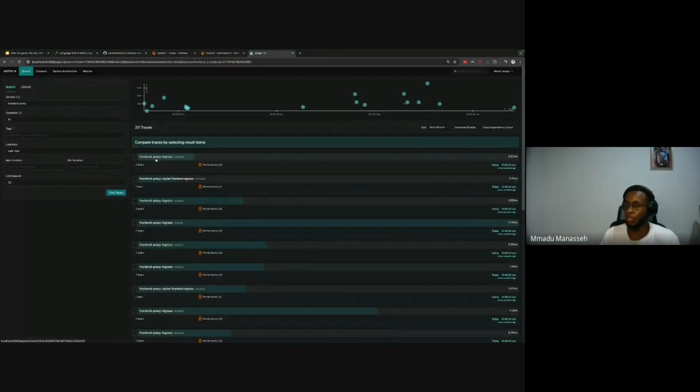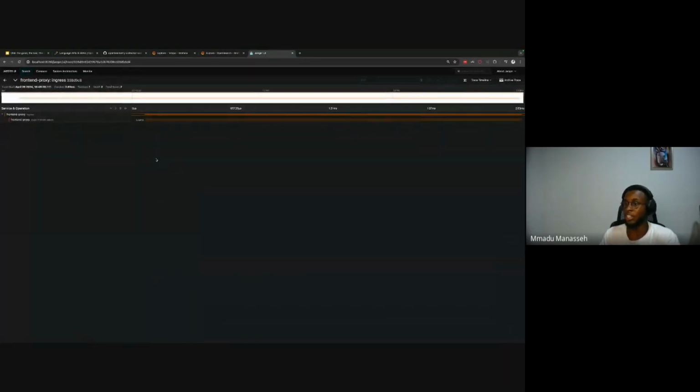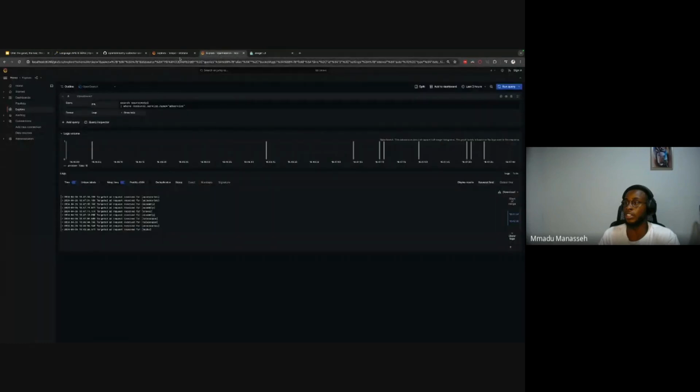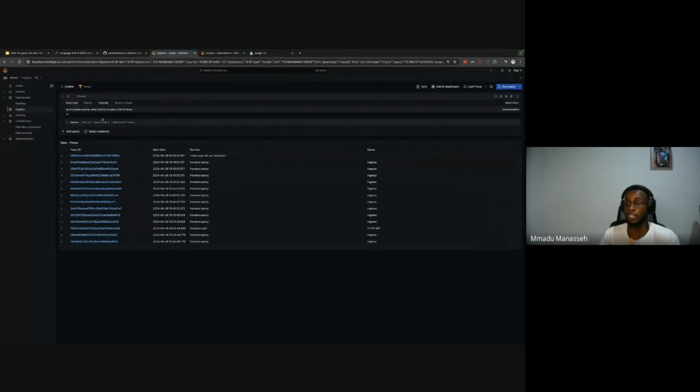You can see we are getting tracing from the front end proxy in Jaeger, and also getting tracing from the same front end service in Tempo. This is Tempo. So this is where Otel gives you that power. Collect once and run anywhere. It's like Java had this concept: build once and run anywhere. That's what Otel is trying to do.